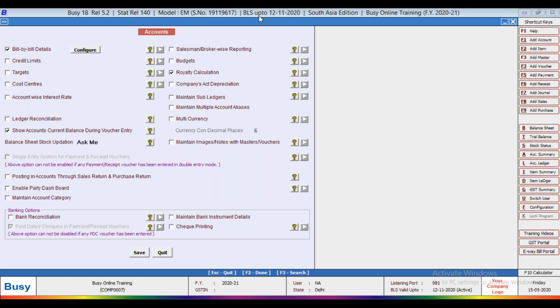So I have created this account Raj Kamal and Sangeeta, address. This is the author master. Here you can define the author name, add, modify or list. Modify if you want to modify any detail in the author master, you can modify here or delete, and list. Here you can get list of authors in your Busy screen. So I have created the author name.